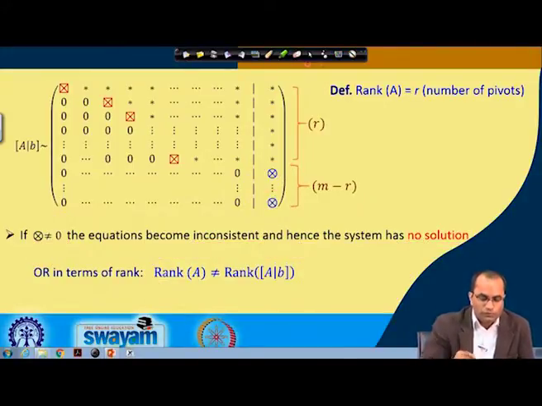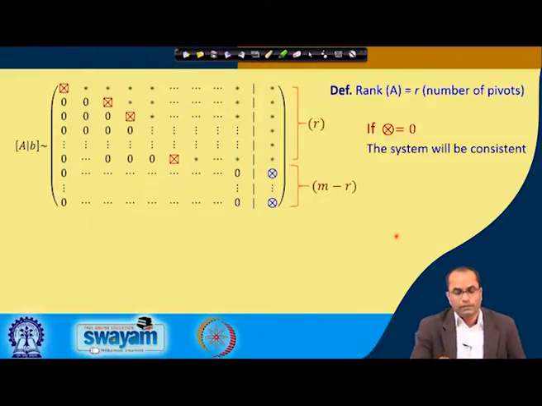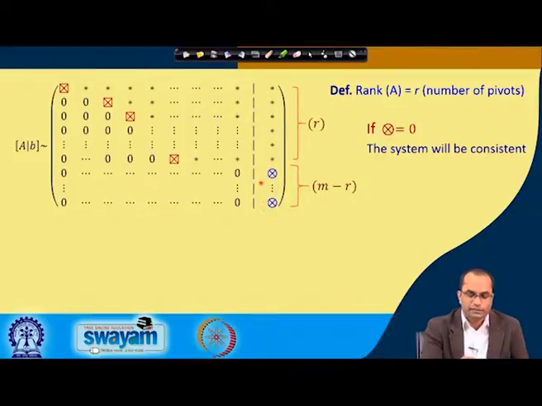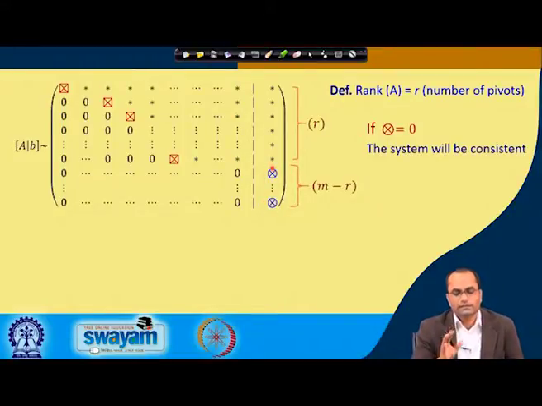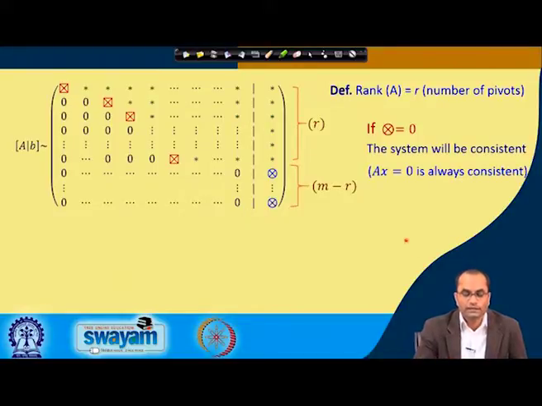Clear. So, now moving further, the next possibility will be when this is 0. If these elements are 0 here, then the system is consistent, because there is nothing like 0 equal to non-zero in that case. So, if these are 0, then we have two possibilities, and one more point to be noted, because Ax is